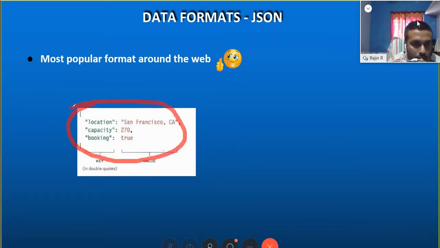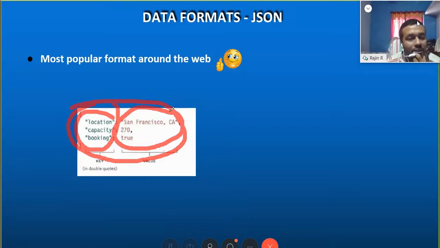Keys are represented in double quotes, and you must follow that syntax. There is a colon, not a semicolon, and on the right side the value is given within double quotes. So it is a key-value pair. This is the format of representing JSON.